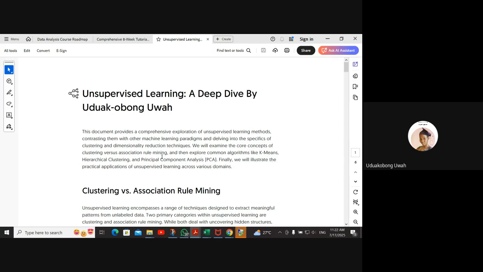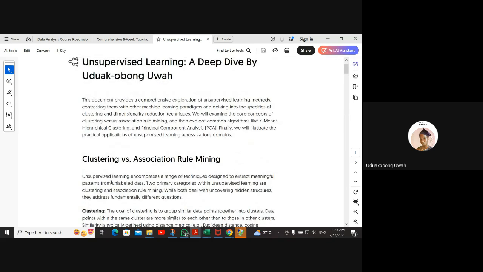Finally, we illustrate the practical applications of machine learning across domains. That is what you'll be looking at, and it's actually much. So let's get started quickly. Clustering now,